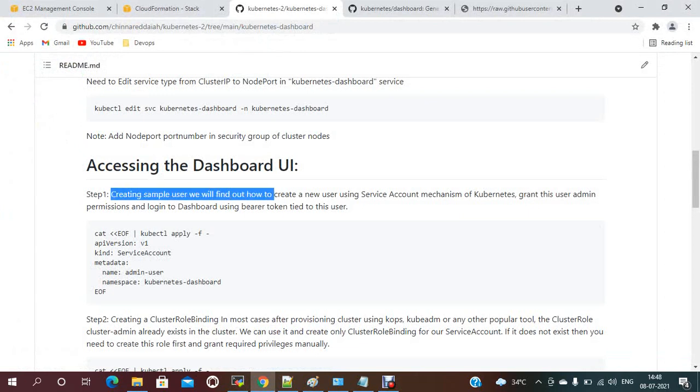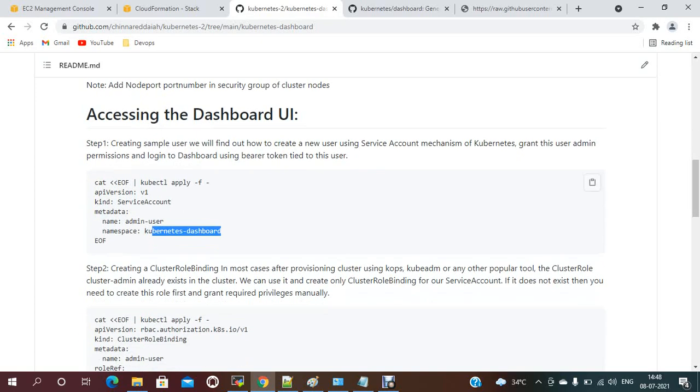We will find out how to create a new user in the service account mechanism in Kubernetes. Here the kind is service account and the metadata name is admin-user under kubernetes-dashboard. So here the admin user has permission to log into the dashboard, using a bearer token to access as the user.